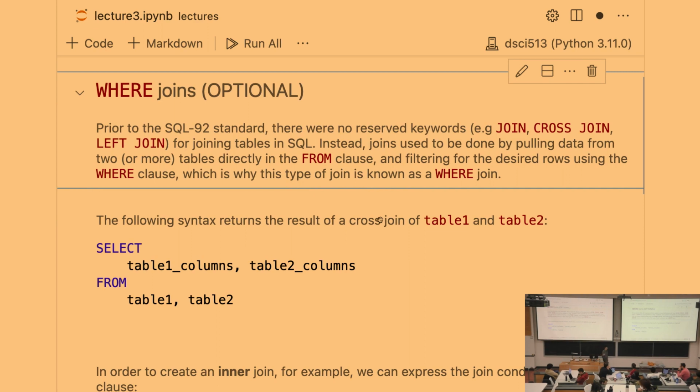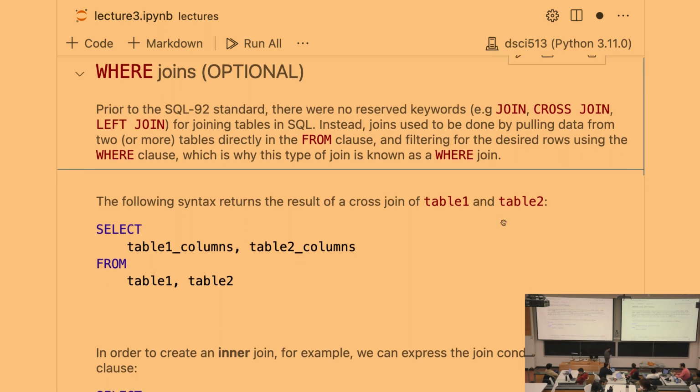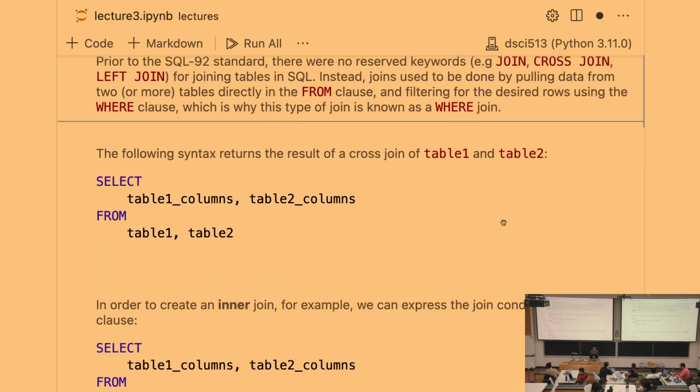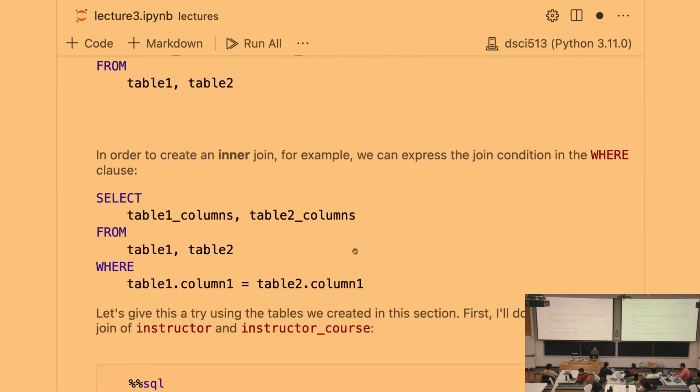So this was how joins worked in the past, but this is no longer the case. This still works, but we have these specific keywords for joining. And the other thing is that we didn't have a way for writing outer joins, actually. And yeah, this was just something that people had to deal with. So for example, this is an example of an inner join. So select table 1 columns here, table 2 columns here from these two tables, and then using the where clause, we would match the rows that have common values between these two columns and then filter them,